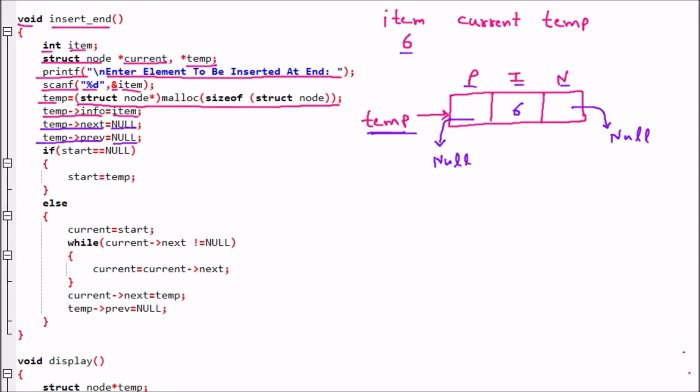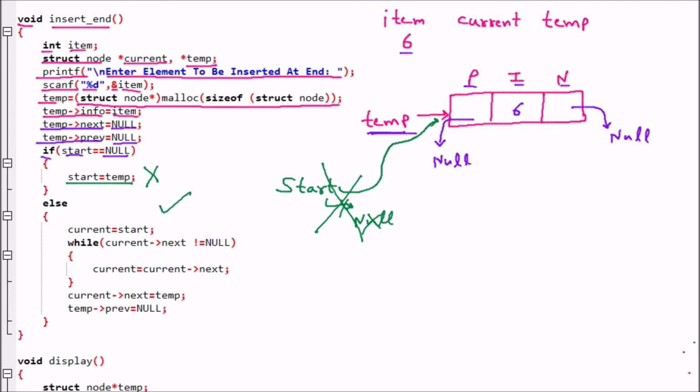Now there are two cases again. If start is equal to null, now assume that we have a linked list available. So here in the linked list we are assuming that the start pointer is there and that is pointing to null. So obviously if there is nothing inside the linked list, then you insert in beginning, end or anywhere, that first node will be the node. So here start is equal to temp. So in that case start will be added here, and this pointer has no meaning, then obviously the first node is the start node here. But let us suppose that this is not the case. That means there is some node already present, so the else part will run.